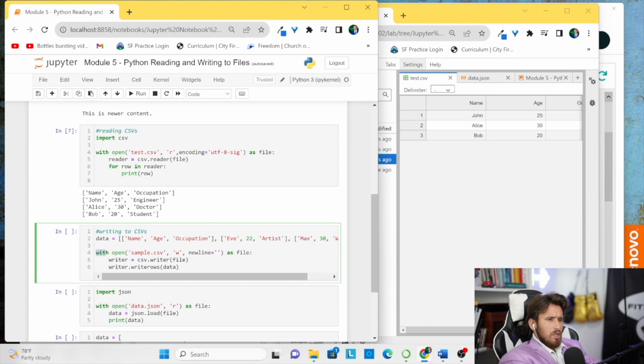So the same thing here, we're just going to say with open, and we're going to open our CSV. In this case, let's change this to test CSV. It's a different CSV file. We'll use the W to write, and we're going to add an argument here, newline. So we're going to add a new line as a space, and then we're going to do as file